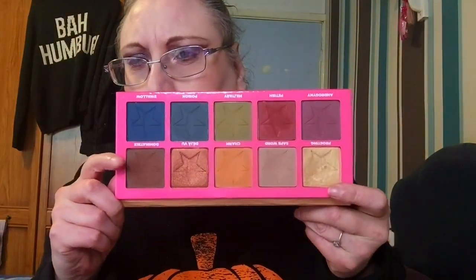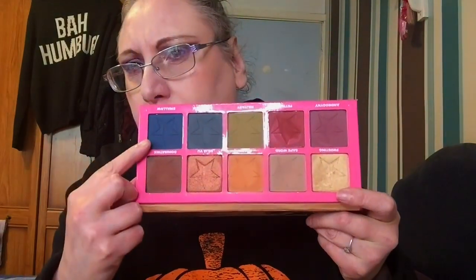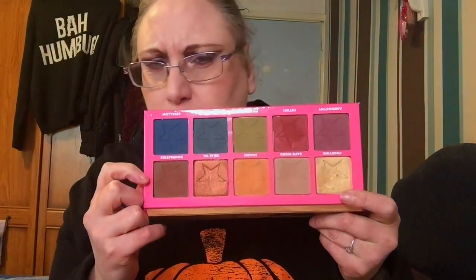The next one the wheel chose was the JS palette, the Androgyny palette. And I'm sure it's got a mirror. I'm going to just pull that back there like that. And it looks like that. Now I know that blue shade and that blue shade is very patchy. I'm going to give it a good go, but yeah, I just need to use it more, because since I've